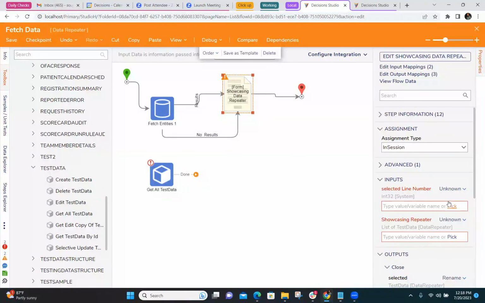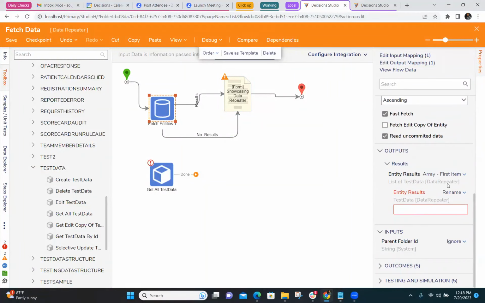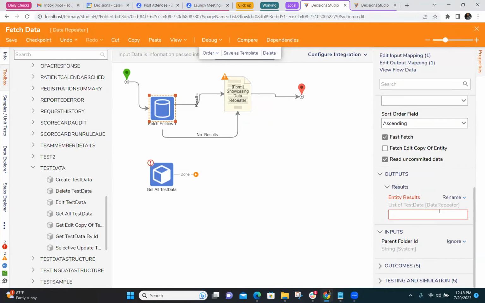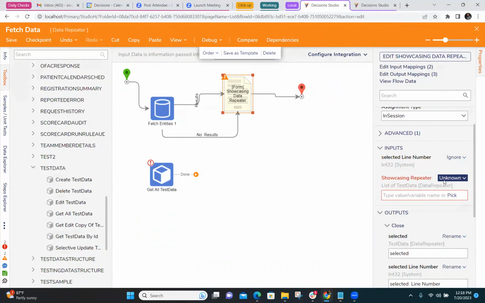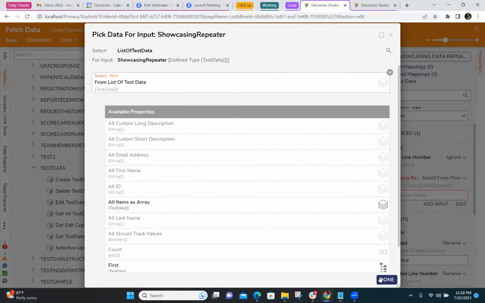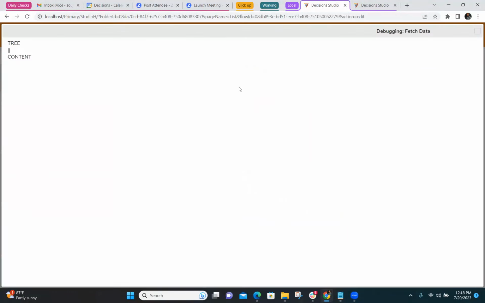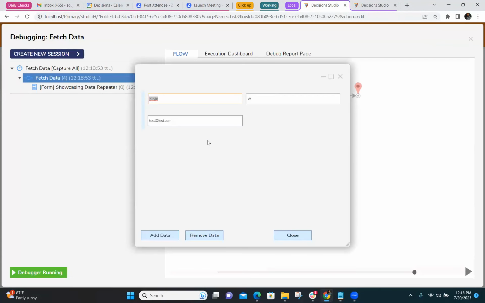Or we can rename it. Stuff. Test data. Okay, so selected line number, ignore, and we can see the list of test data. Let's see what it's showing up. So it will show up the already filled ones. As you can see, the data is getting saved, and